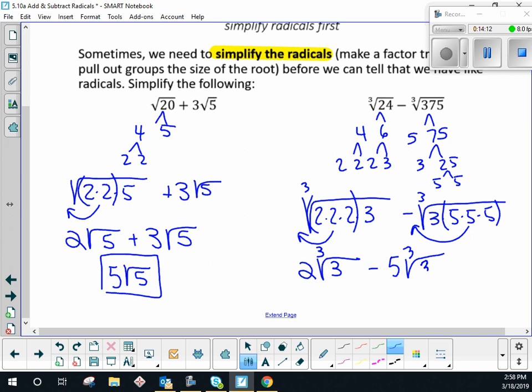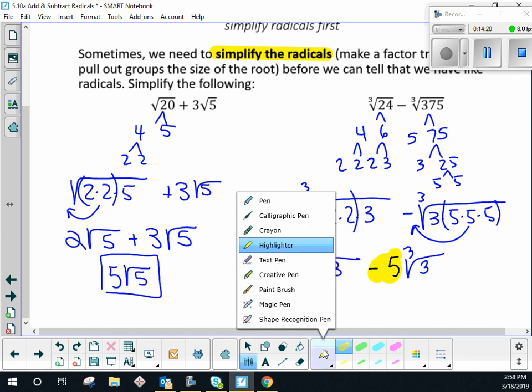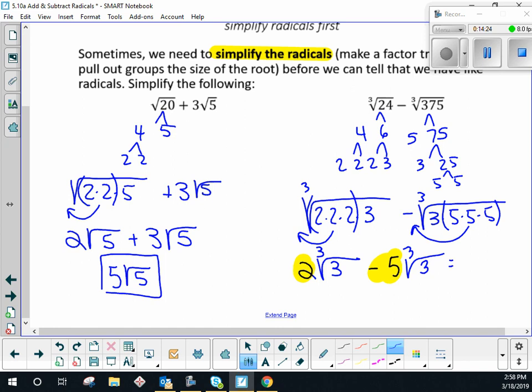Do they now have the same root and the same radicand? Yes. So we're doing the math only on the coefficients out front. What is 2 minus 5? Negative all day, right? Negative 3 cube roots of 3. Please don't forget to put that 3 for the root, okay, or I'll circle it for partial credit. Now all we have is your